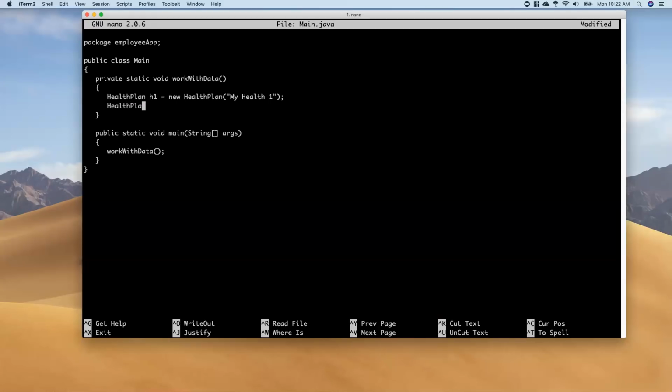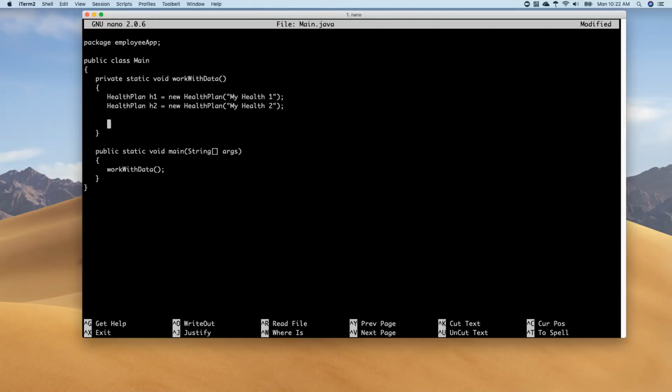Let's create another one. Here, I'm going to be real original with my naming, and I'm going to call this one My Health 2. So we now have two health plans that are out there. All right. Let's create a company. Why not? Let's create a company. It's the same idea. I'm going to call it C1. It's going to be a company, like we just said. Companies get names,